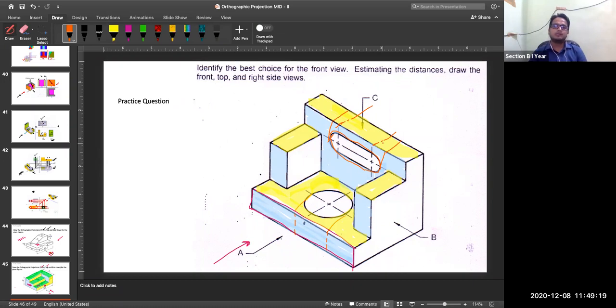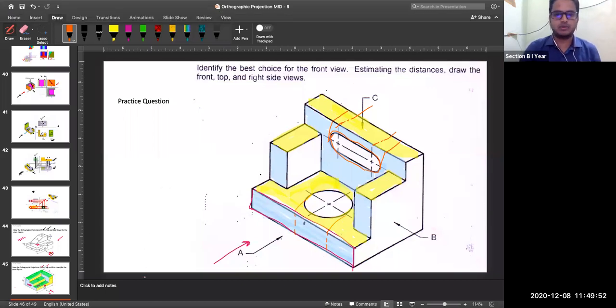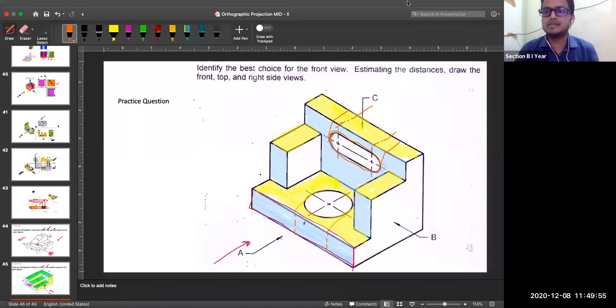Any doubt in this figure? Any doubt, anyone? Those who have completed, submit this in your class activity assignment number 3. Classwork submission 3. You have already used 1 and 2. Submit in classwork submission 3. So these are the 3 problems that we have discussed today. With this, I will end from my side, the class is over. If you have any doubt, you ask me.